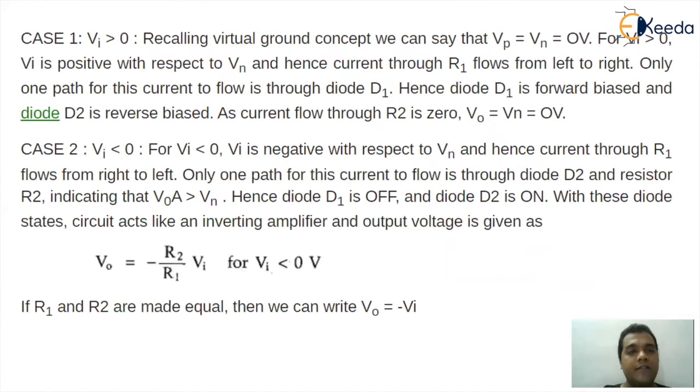So as I've discussed regarding the situation, what will happen when the input is greater than 0, that is the positive half cycle, where one of the diodes is forward biased and the other diode is reverse biased, and the output is going to be 0. And when we talk about a negative half cycle, the circuitry will work like an inverting amplifier with a gain of -1, and that's the reason you will be able to retain the negative cycle in the form of a positive output. So this is how you realize a circuitry as a half wave rectifier circuitry.